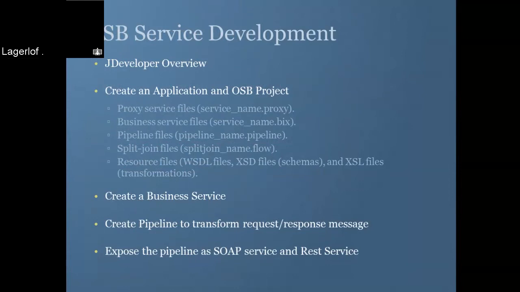What I want to cover is an overview of the features of the JDeveloper that will help you to develop services in OSB with JDeveloper for OSB. The OSB projects are mainly comprised of the proxy services files, business services files, and the pipeline files, basically the split join resource file. In this tutorial, I'm going to mainly be covering the proxy services and business services. The file names end with .proxy, .bix to indicate that they are business service, and the pipeline files basically